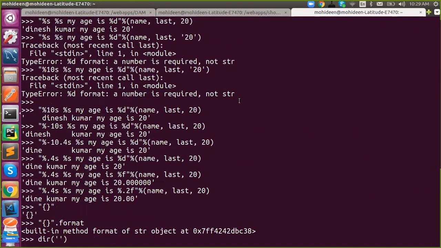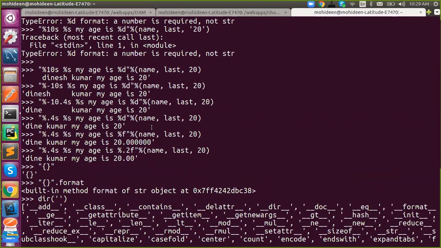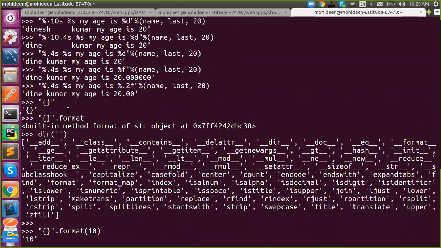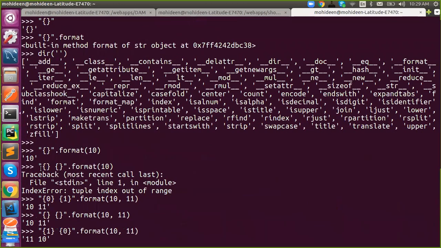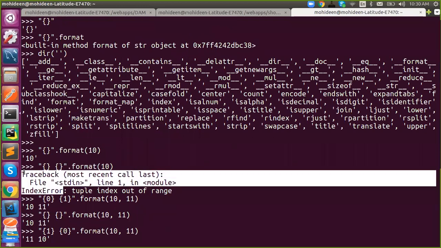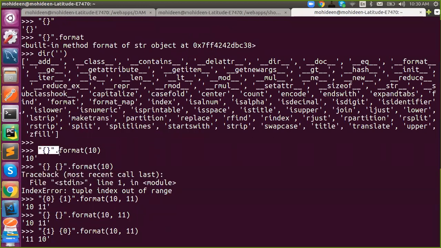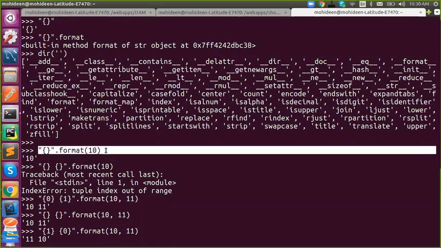This one? Down a little bit. That one is the new formatting. Up one. Yes, that one. What do you mean? What is the error? I typed that. It's showing attribute error for me.